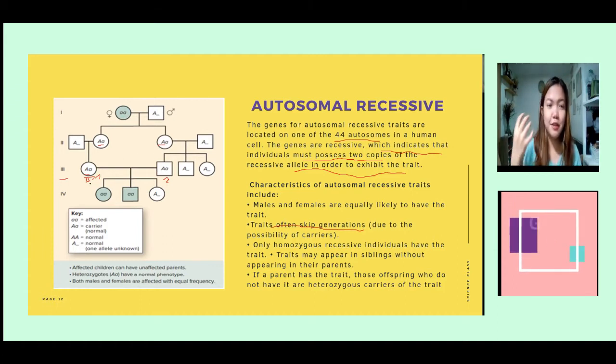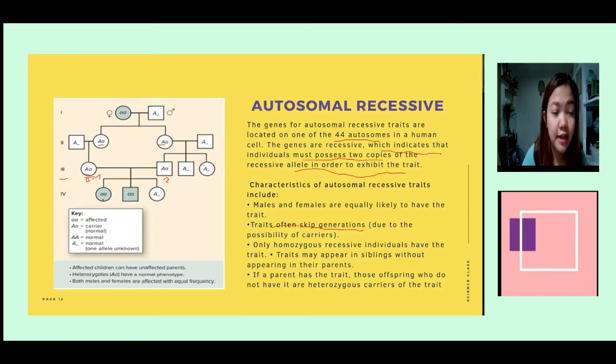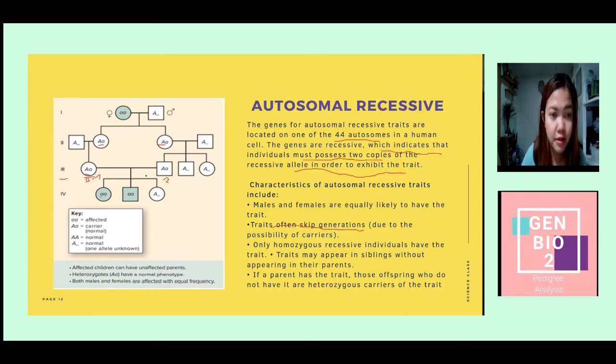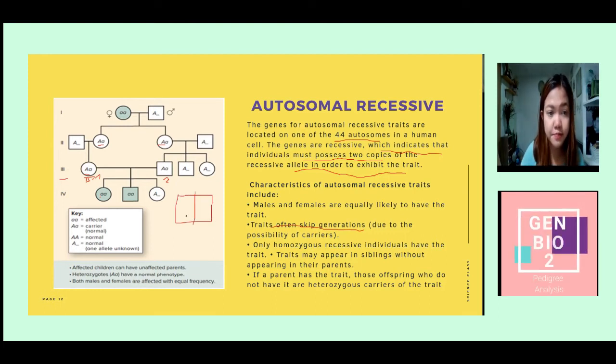So they just carry the allele pero they don't actually express it. Kasi the allele that they carry is recessive. So hindi nila yun ma-express unless meron na recessive allele. For example, here, yung anak nila, kaya nagkaroon ng affected kasi one allele came from the mother, one from the father. Kasi pag binat-square natin yan,